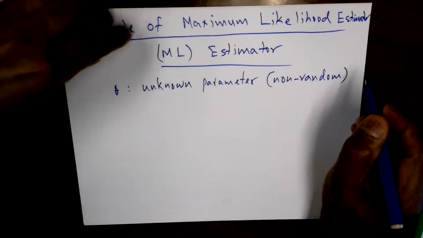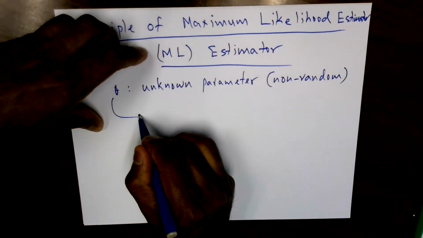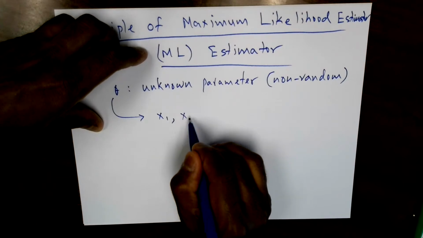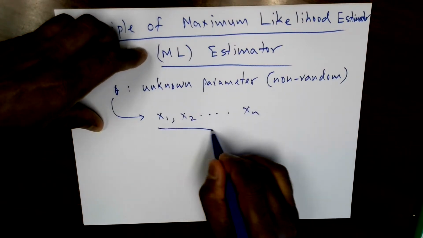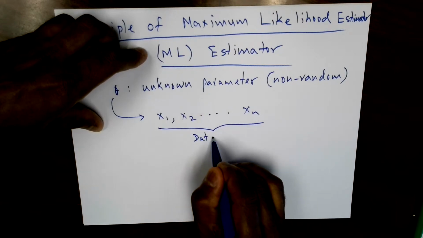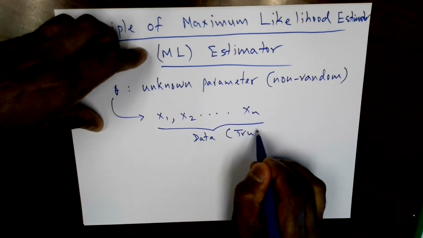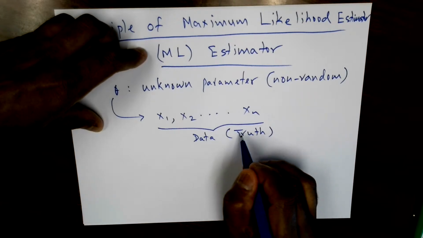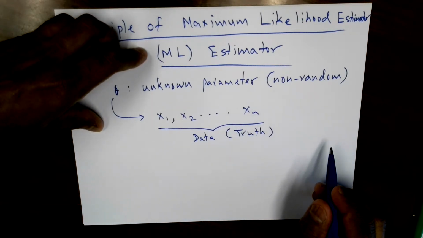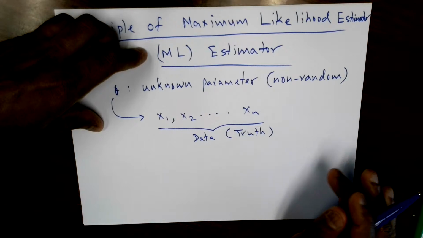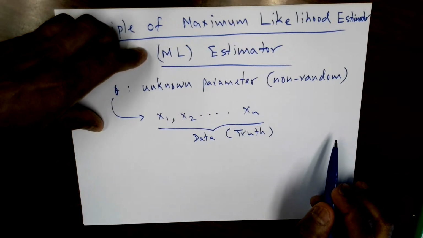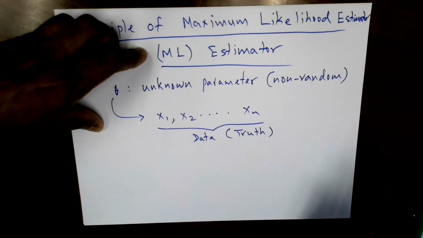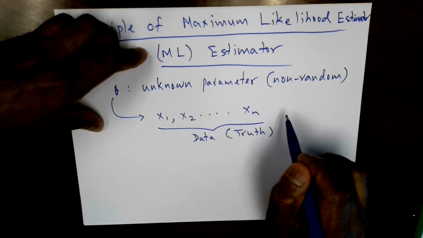And obviously, we collect some data that's related to this parameter. So this is the data that's collected. So data is always the truth. So how do you collect the data? Which data is relevant? All these are good questions, and for another time. In any case, we collect the data, and also it's reasonable to assume that it may not